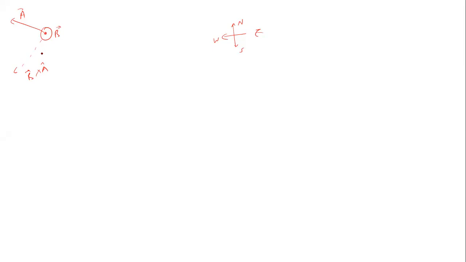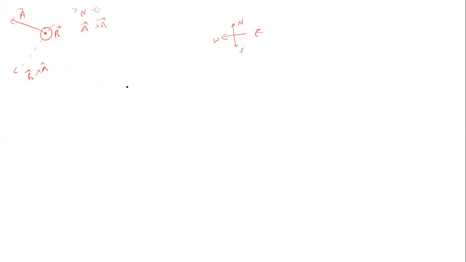A cross B, northeast. Yes, northeast. This is A cross B. I hope you are getting this, how we are finding it out. So this sense is very important. If you can get the sense properly of how to find A cross B, then definitely you will get the answer in this magnetism point.